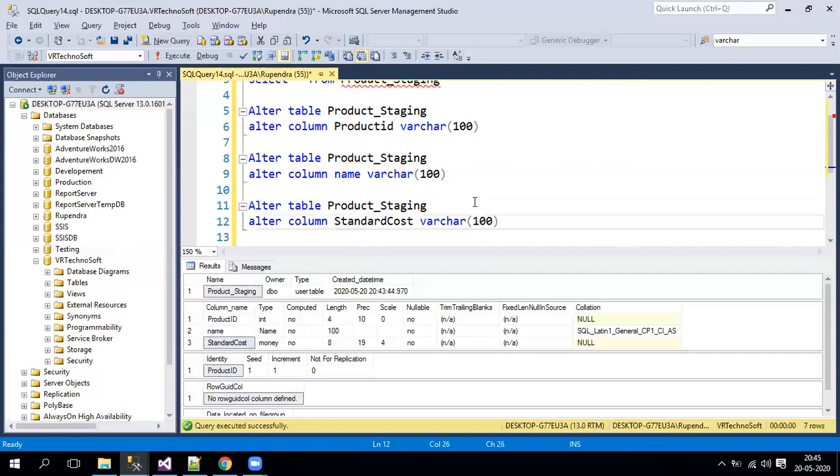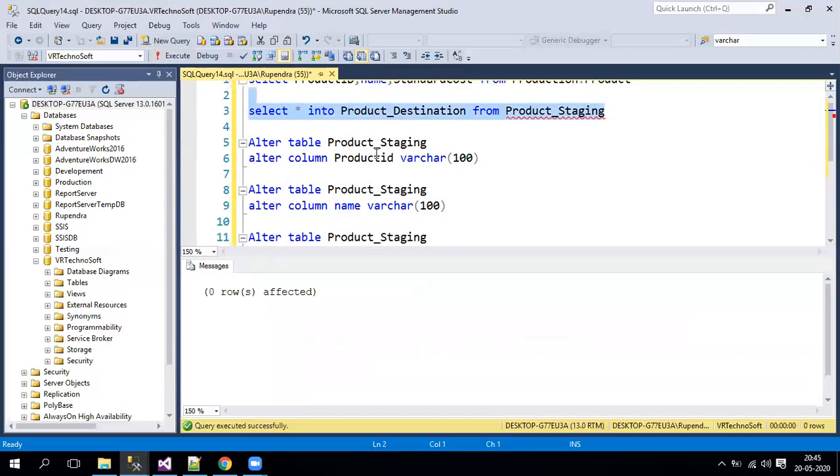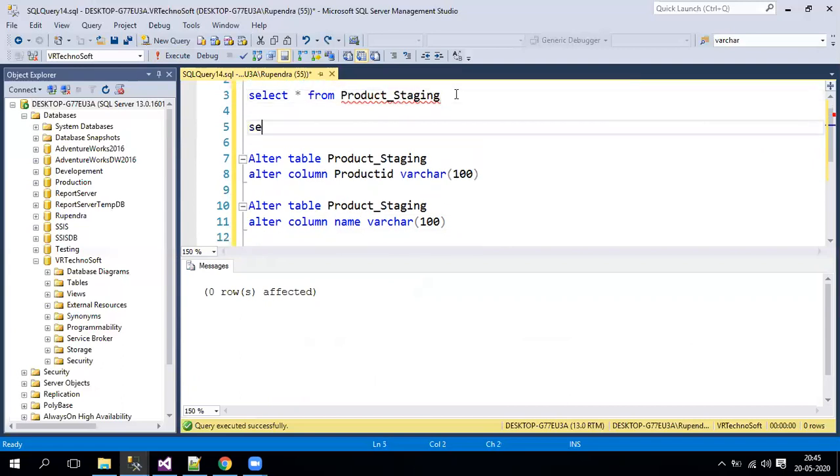Now, before altering, let me create one more table, that is the final destination table, by using the same table, by using the staging. But for the destination table, I make sure that I have the same data type whatever we have on the earlier table. So let me do select star into product underscore destination. And anyway, in this we don't have any data as of now, so let's keep select star into, no need to go for select top 0 here. Then we can alter this table by using the alter statement.